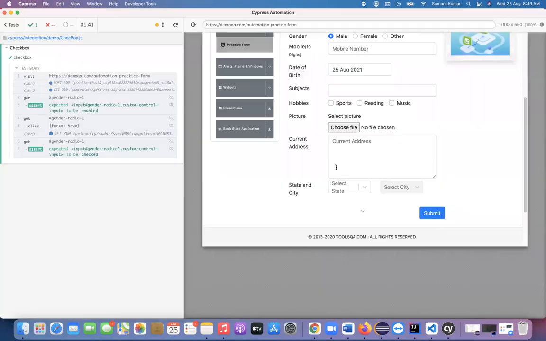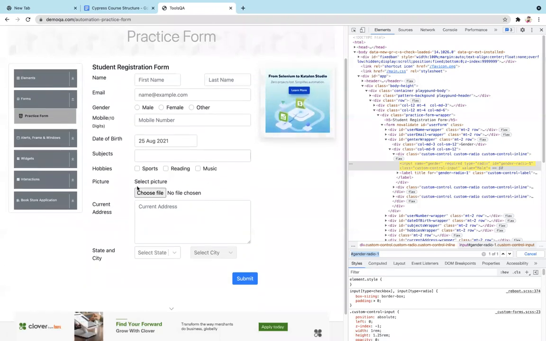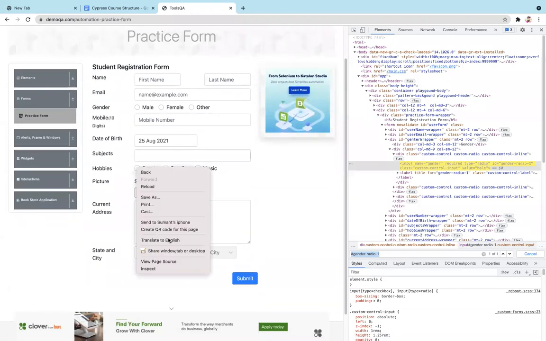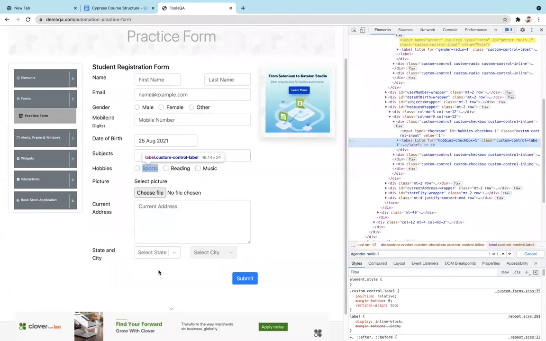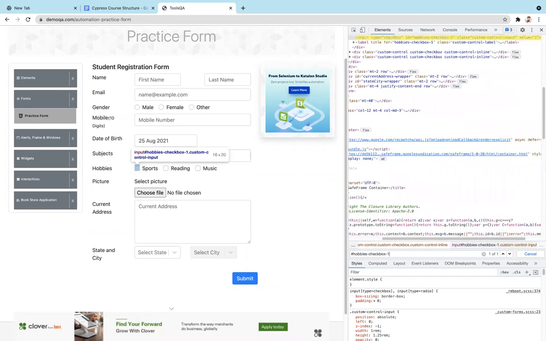In a similar fashion, if I want to interact with the checkbox, I need to take the CSS of this particular checkbox. Here we can see this ID, and in a similar fashion we can write it here as well. It is highlighting this particular sports option.